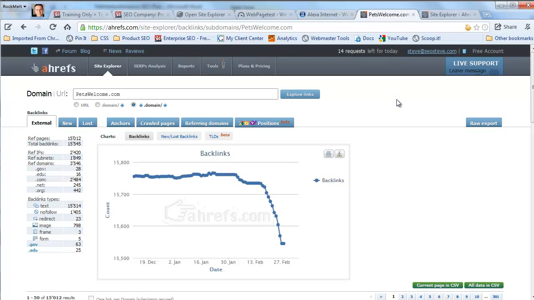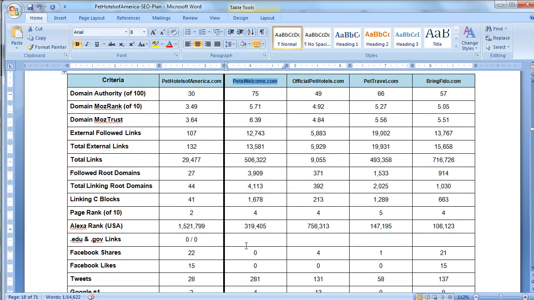So it looks like Pets Welcome did something drastic. Something happened here, and they got fewer links. This could be part of the last Panda update, perhaps? I'm not really sure. Either way, they've got 16 EDUs and 28 .govs. So 16 EDU, 28 gov. Next one is going to be